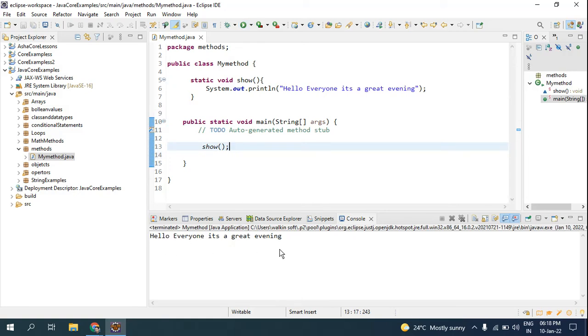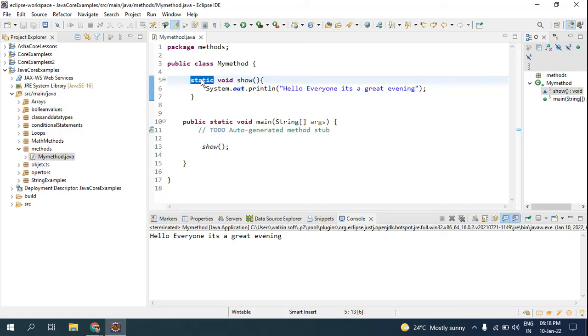And one more thing I wanted to tell you is why you will be using static. From all these sessions, I haven't explained classes and objects so far. When I start with classes and objects, which we'll be starting from tomorrow, then you will come to know why you have to use static.